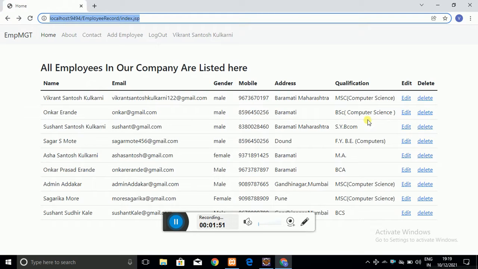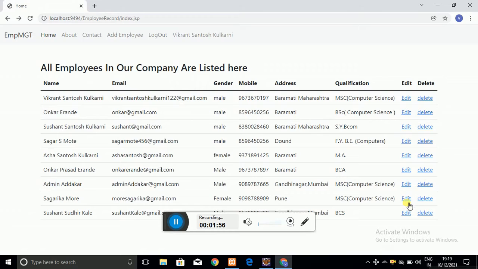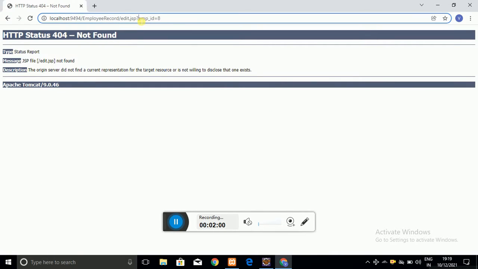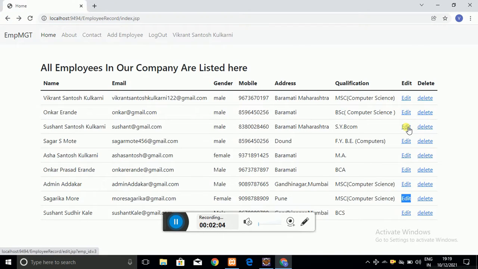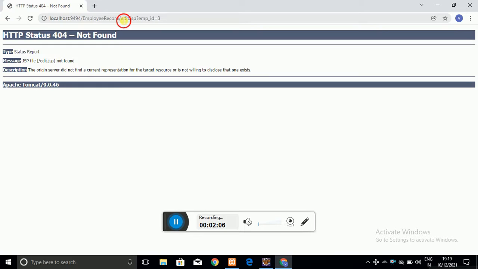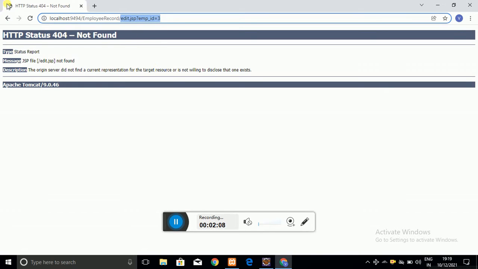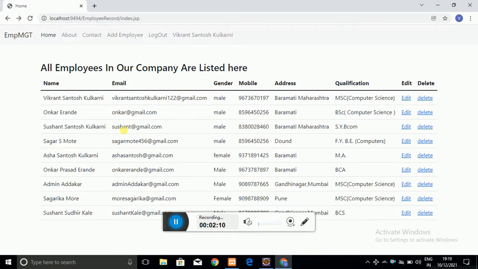Let me click on another record. When I click on edit of another record, here also we get the employee id dynamically, as you can see.